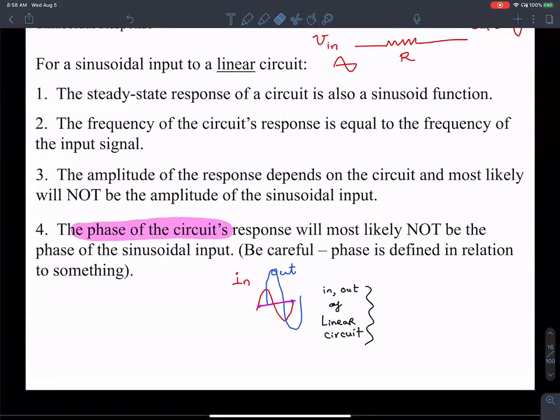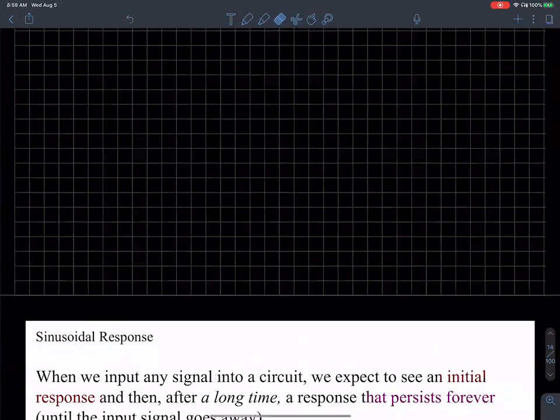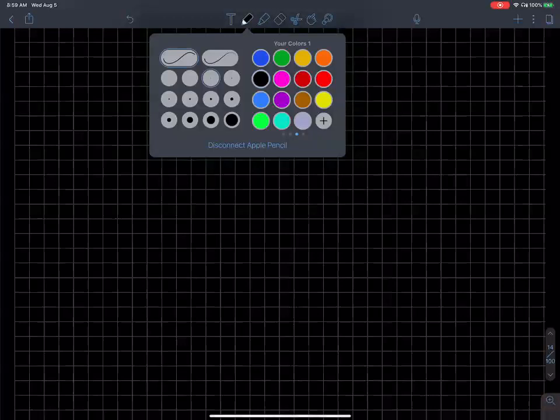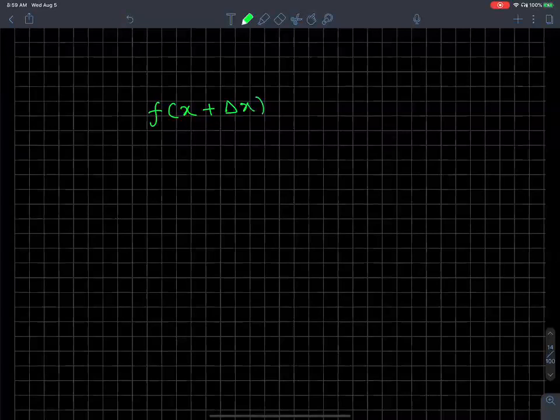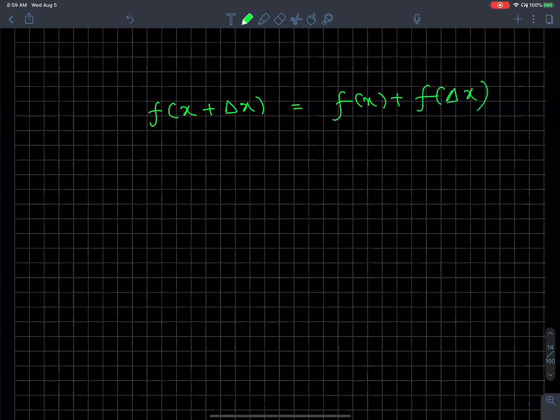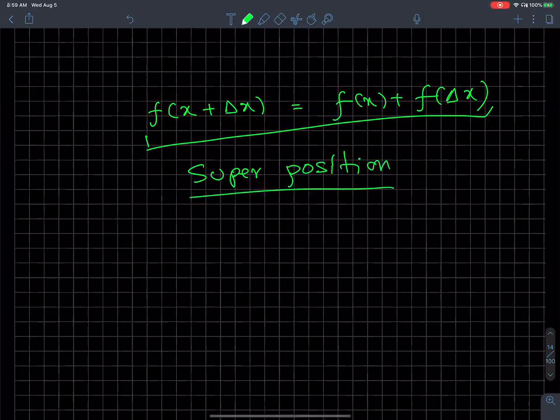In our analysis, in our codes, we always look at linear circuits. The definition of a linear circuit is this: f of x plus delta x is going to be f of x plus f of delta x. So this would be the idea of a linear circuit. The sinusoidal superposition principle applies. We know the circuit is linear if